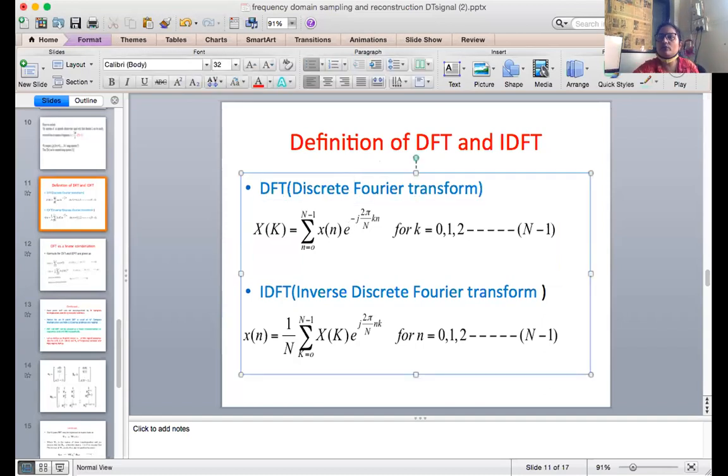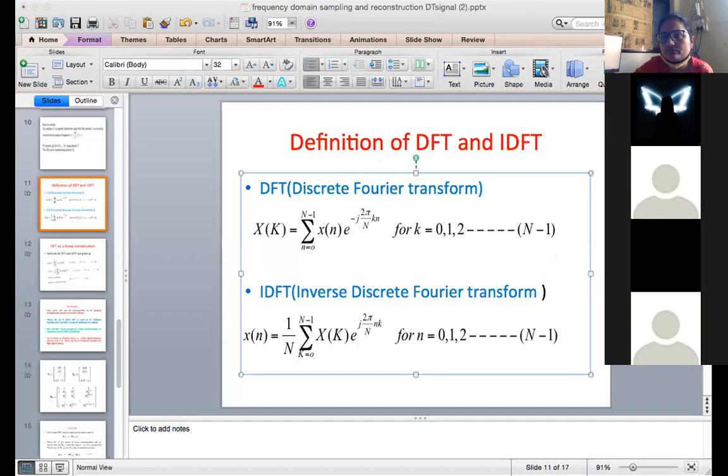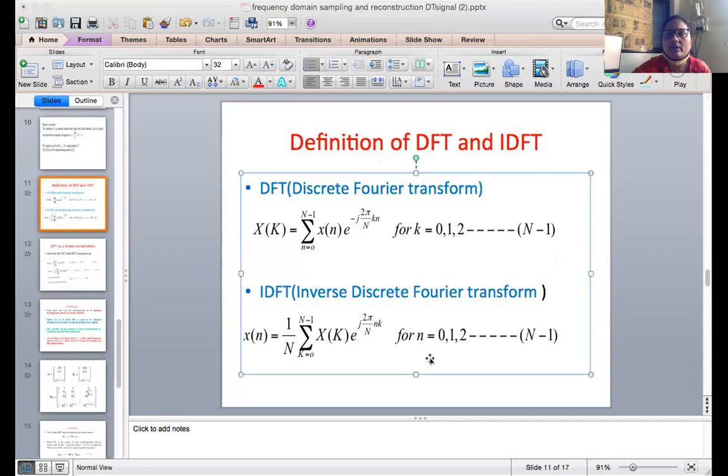So what is the discrete Fourier transform? We already know that when I calculate the discrete Fourier transform, the discrete signal which is in the time domain, I can convert into